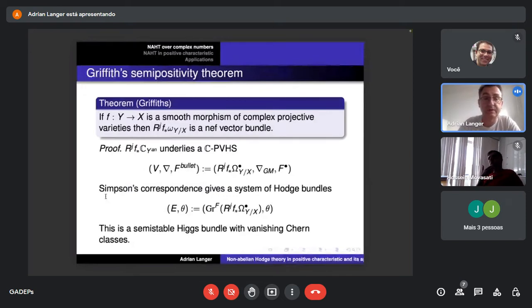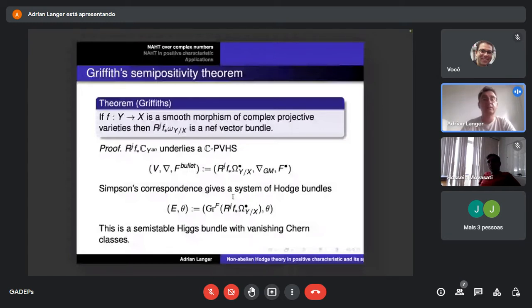And the funny thing is that in this case, this filtration is Griffiths transversal and Simpson's correspondence for complex polarizable variations of Hodge structure. It produces very special Higgs bundles that are systems of Hodge bundles. What we do in this case, we simply take the associated graded of this higher direct image, and this Gauss-Manin connection induces a Higgs field in this case. And what we get is simply a semi-stable Higgs bundle with vanishing Chern classes,